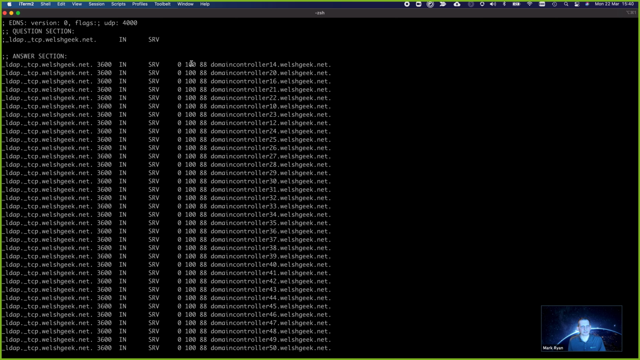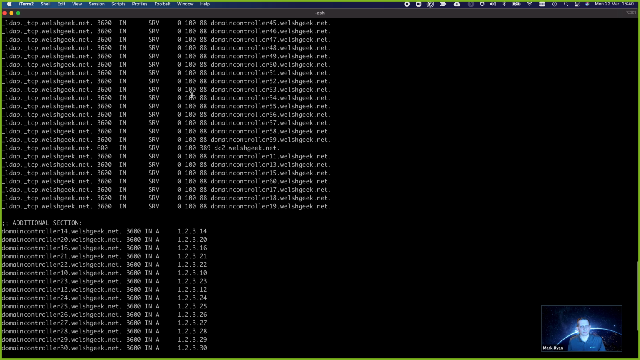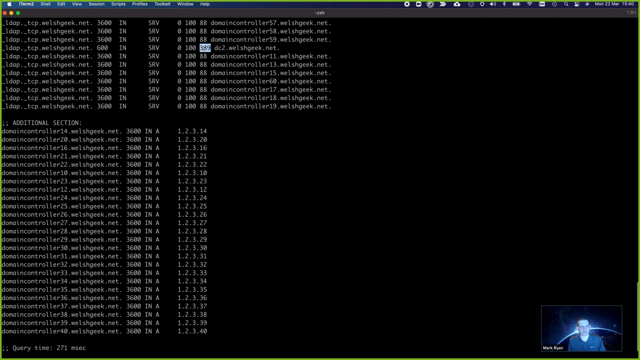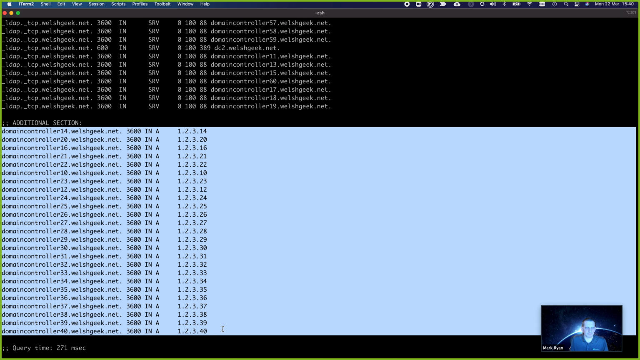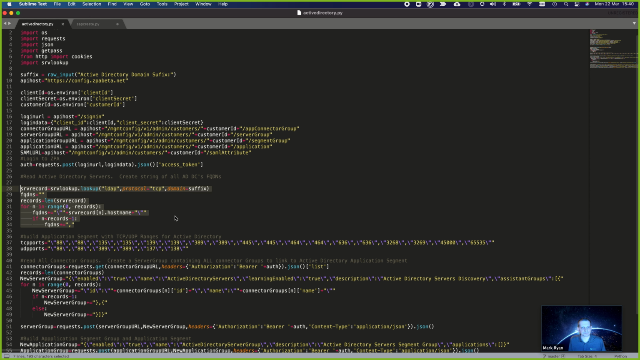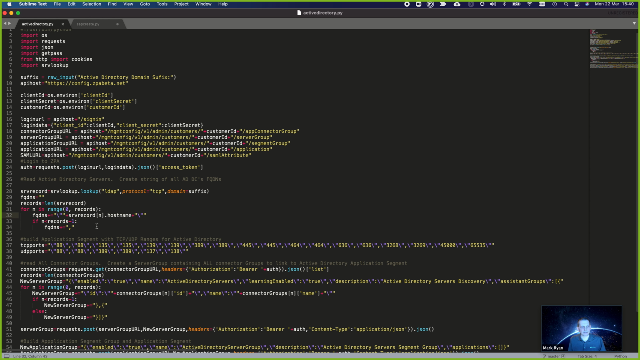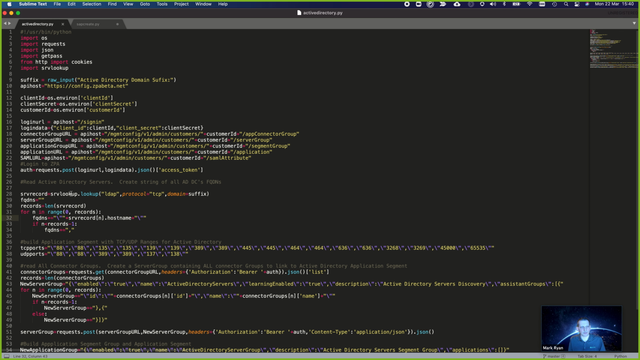You can see that I've done these incorrectly, and the weight 100. The only one that is correct is this one, which is my real AD server. But this is a demonstration, so you don't need to worry about it. And then it will resolve a handful of them, or it'll do the A record lookup for them. So once it's done that, I've got a list of my domain controllers, and I'm going to build